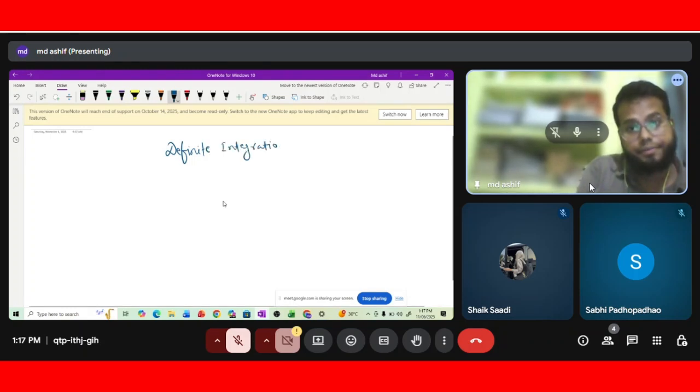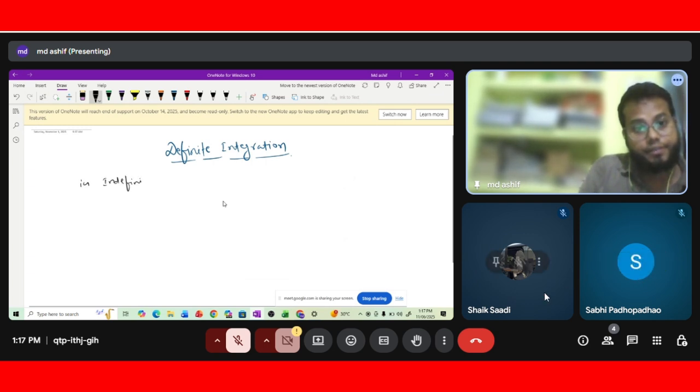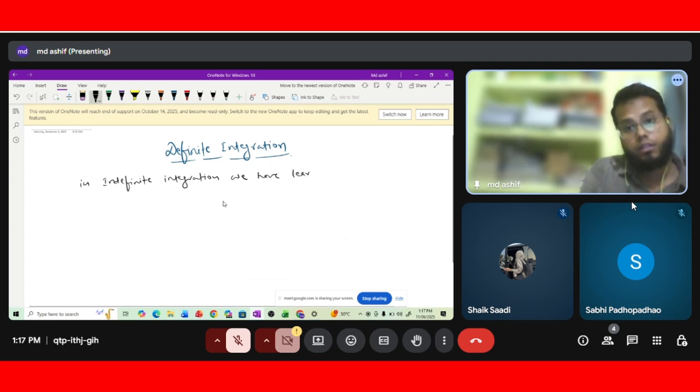Integration. So previously in indefinite integration, we have learned that